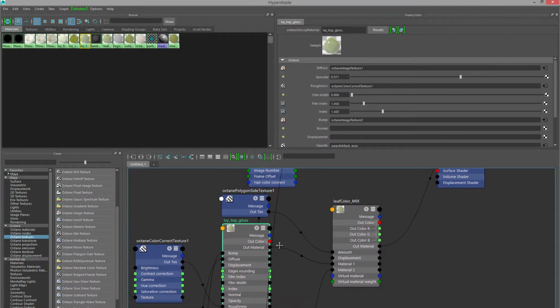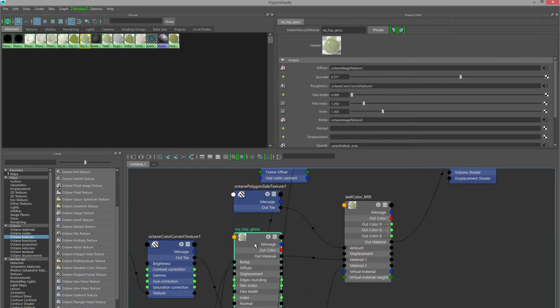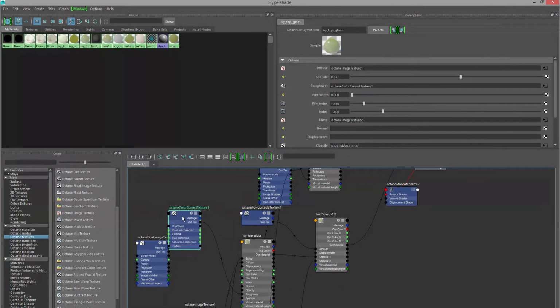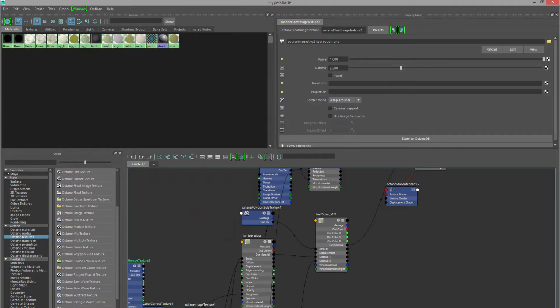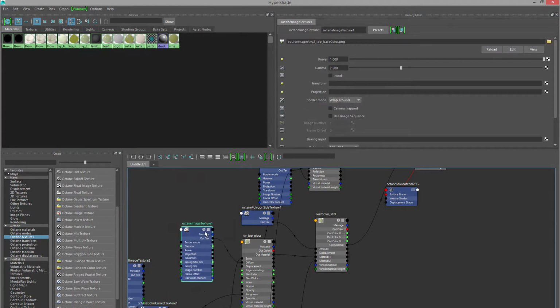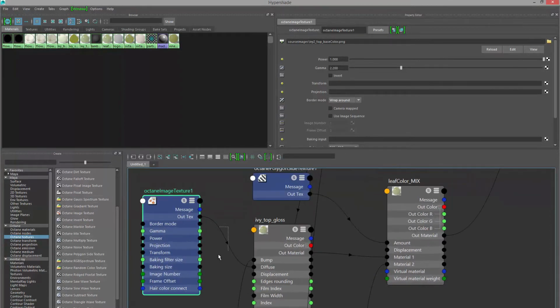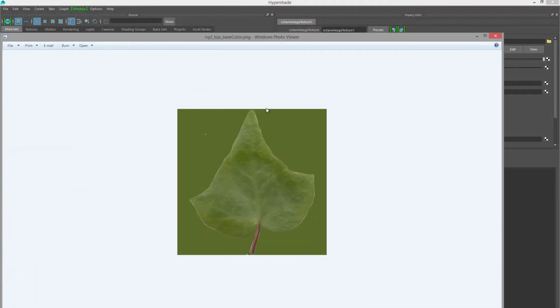Let's take a look at the top material, which is a glossy material. So pretty straightforward here. Let's take a look at what's plugged into diffuse. It is a standard Octane image texture plugged into diffuse. If you take a look at it, it's simply a scan